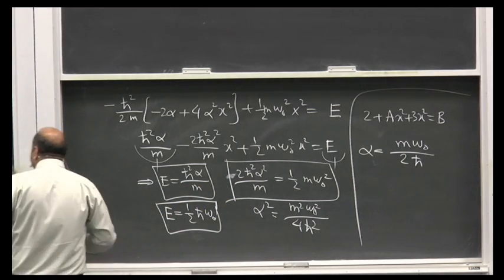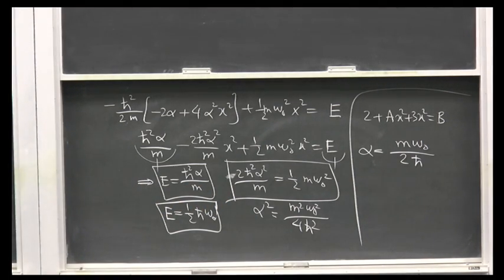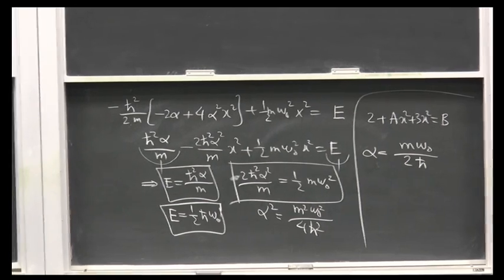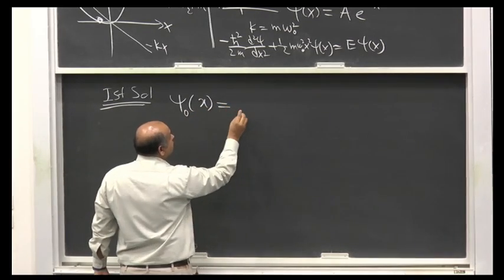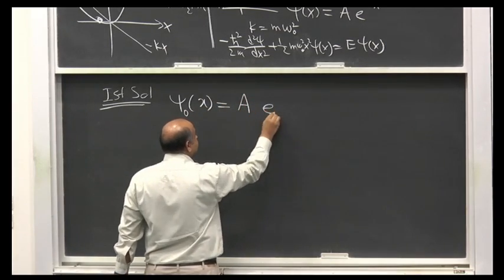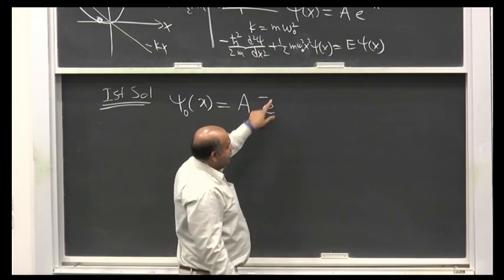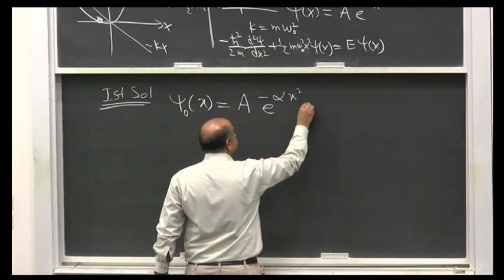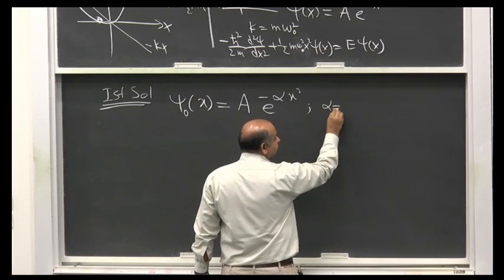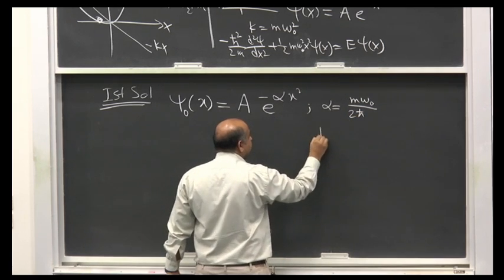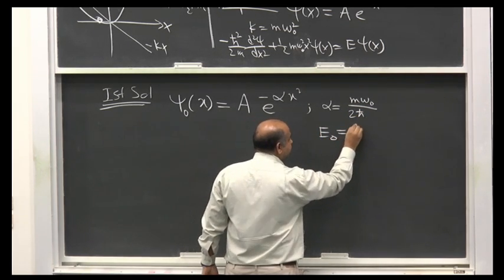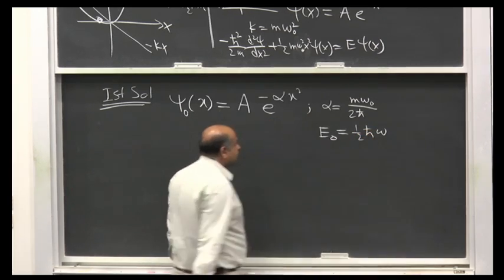और अब हमारे पास जो psi है, इसकी वैल्यू क्या आ गई? So the first solution is psi of x, let me call it psi naught। a अभी भी unknown है, हमें नहीं मिला अभी तक, so a exponential minus alpha x square, alpha की वैल्यू भी we have been able to find is m omega naught over 2h का, and we have been able to find this energy, let's call it E naught, which is half h का omega।